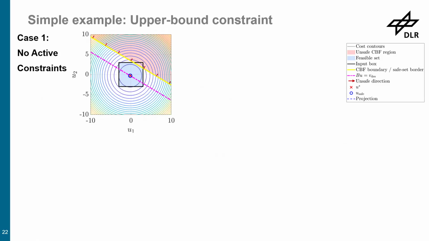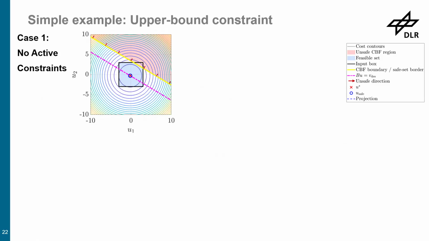But you normally are not able to find such a solution without any constraints. We have the inequality constraints. So the box constraints, the input constraints, will give you a box. This is this box. And the CBF constraint will give you this region here, the red region. And this is what I meant before about the solution space.